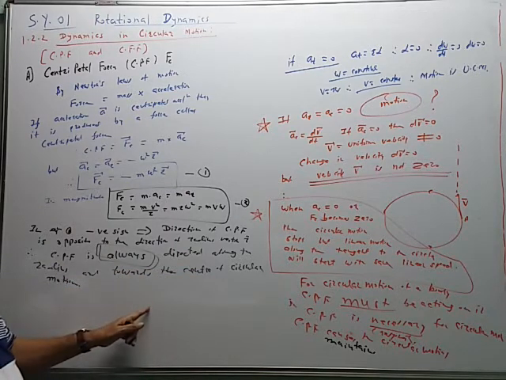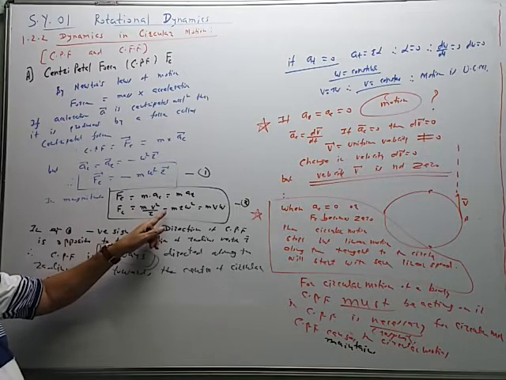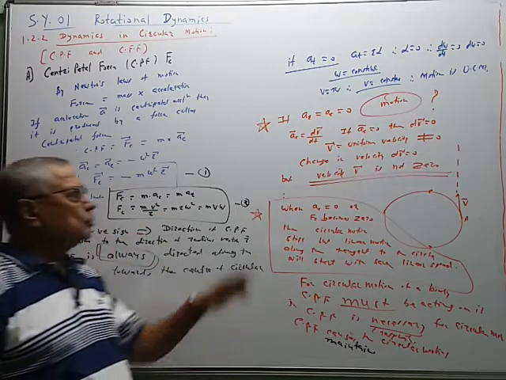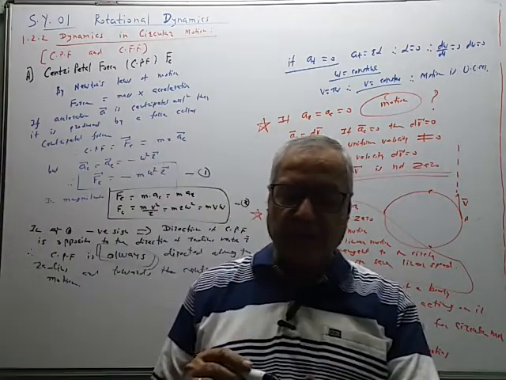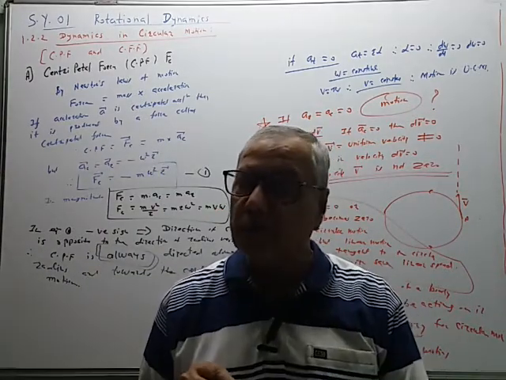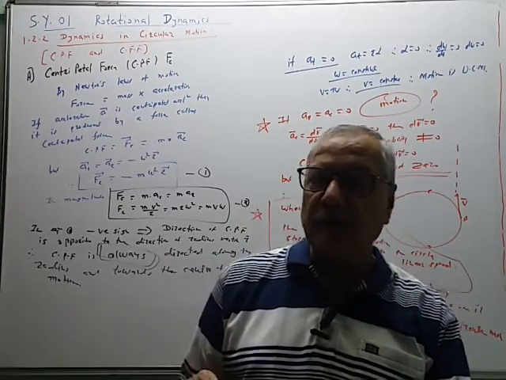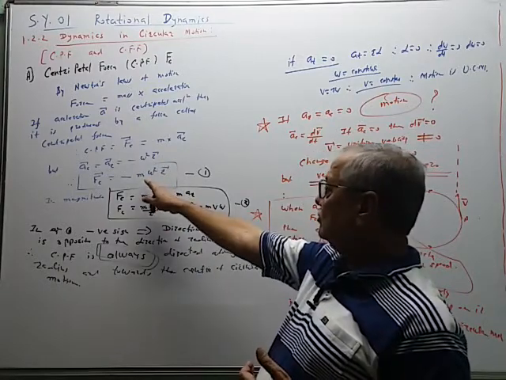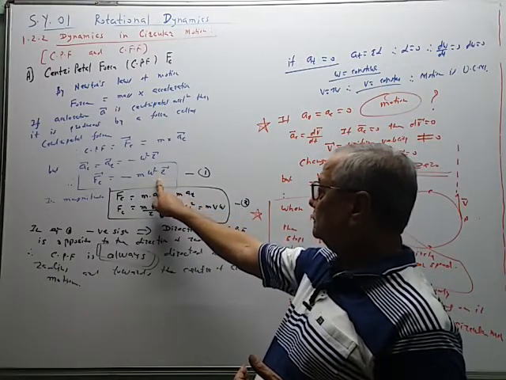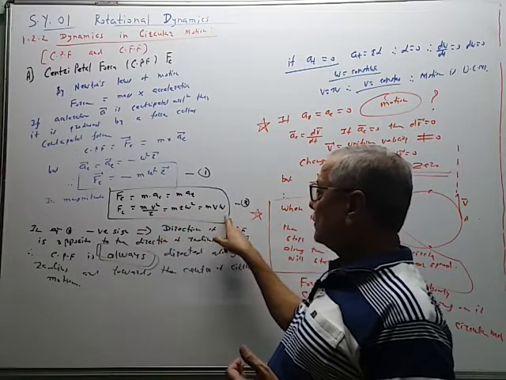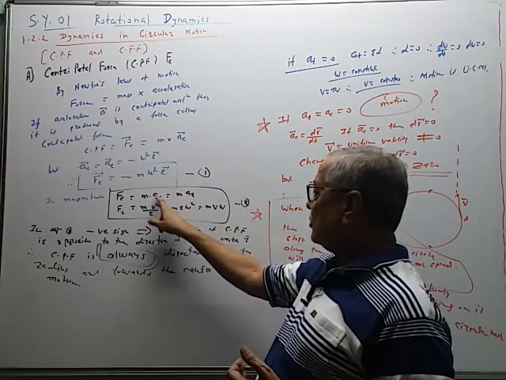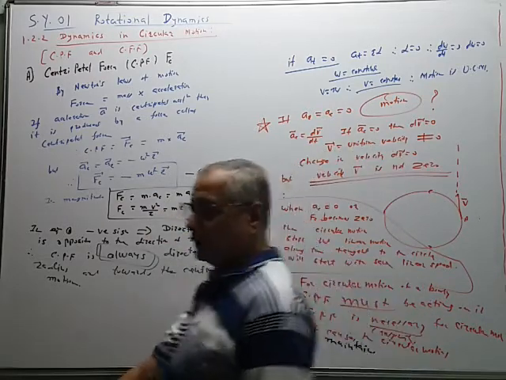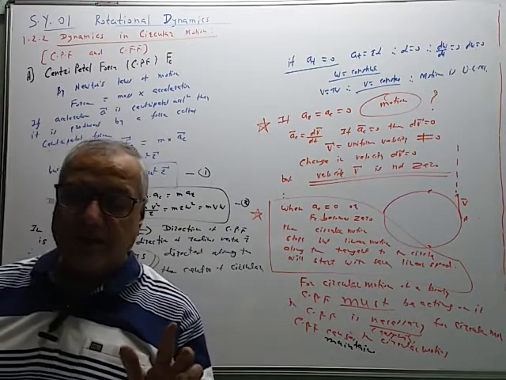So we know definition, we know vector equation, magnitude, then this property is there. So centripetal force is necessary for circular motion. No centripetal force, no circular motion. So there are so many examples for this. So already we know the expression, vector equation, like this. This is the magnitude in different form. These are the different forms of centripetal acceleration, v square upon r, or omega square r, or v into omega, like this. Now we have to give the definition and example.